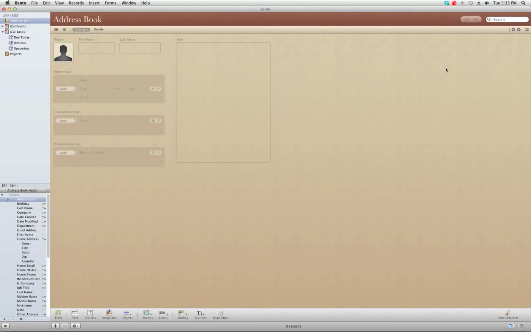So if you do want the information that you're storing in this Bento template to also sync with your address book and your iCal, please do not follow this tutorial. Follow the other tutorial that shows you how to import the template and still maintain syncing with the address book and iCal. Okay, so in this case, if you do not want to sync with address book and iCal,